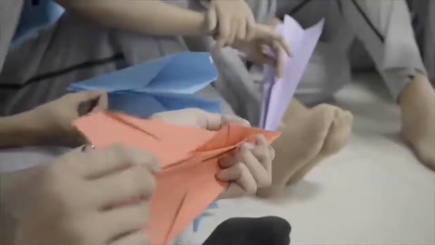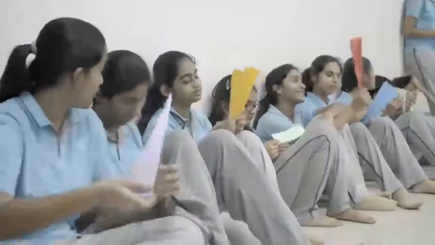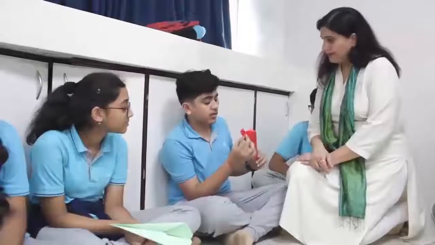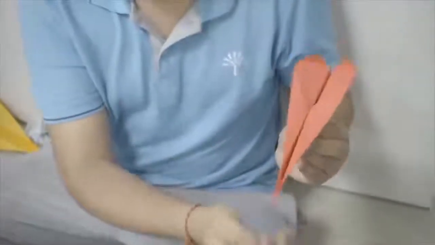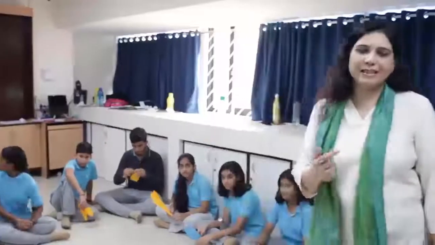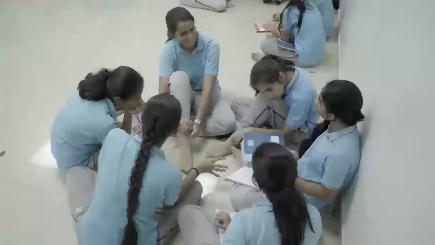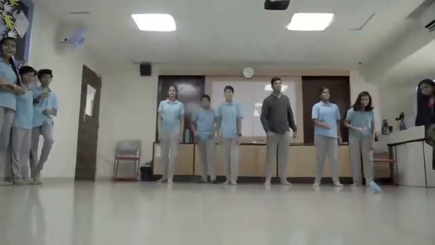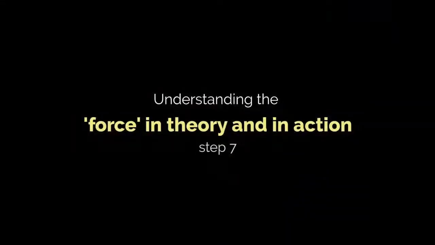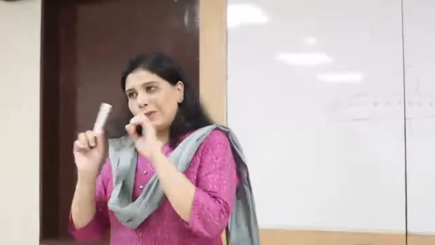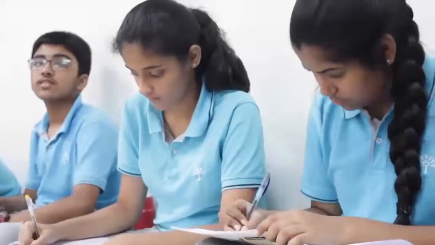Make one change to the model that you have just made of your paper plane, and we are going to fly it again and analyze why there is a change in the distance traveled by the plane. So now I want you to sketch out an airplane in your notebook and mark out the forces that you think oppose the movement of the airplane or support the movement of the airplane.